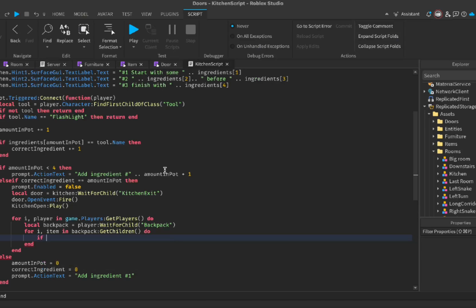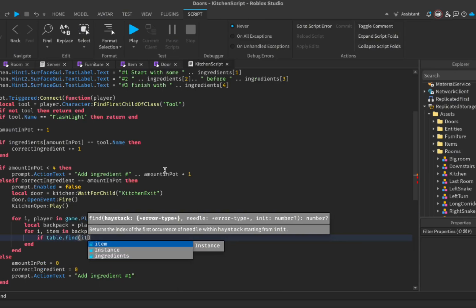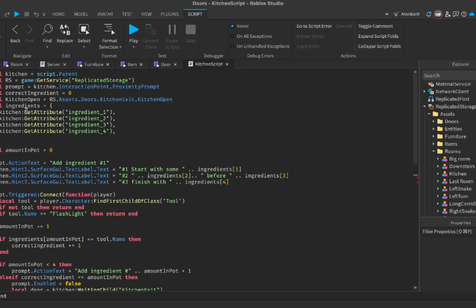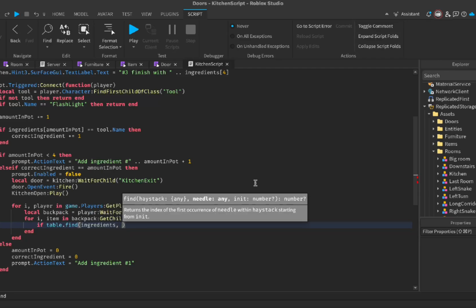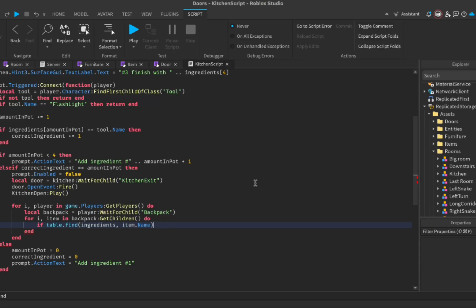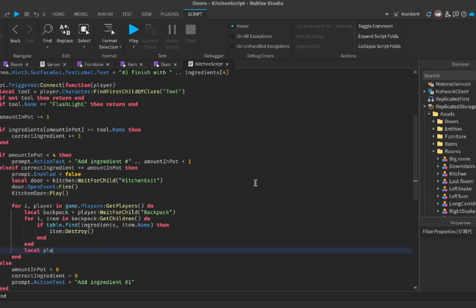And if table.find ingredients, item.Name, and then item:Destroy() and say local player built ingredient